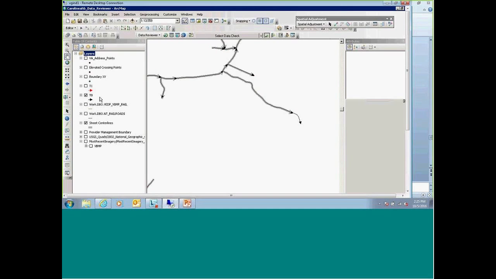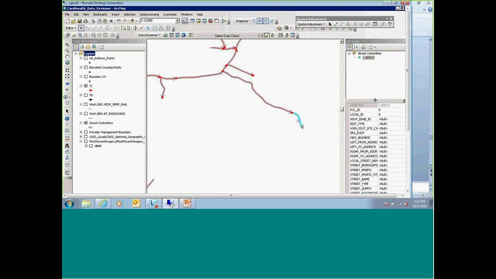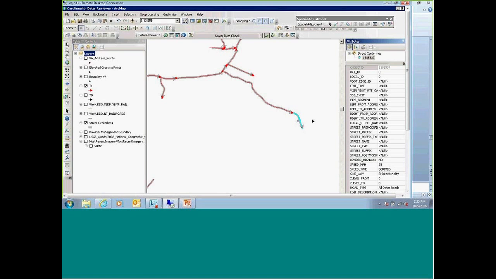Since they submitted data back at the first of the year, it looks like it's the same, but they made a little more of a change in 6 months. So we need to go in there and add that. I'll show you real quick how the attribute transfer works, which makes it super nice.